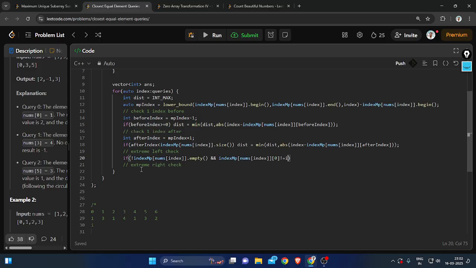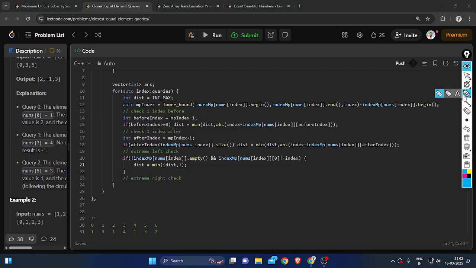If it's not equal to index, that means this is not the same element that we are talking about, or it is the same element but not the same copy of the element that we are talking about. So in that case we are going to minimize it among distance,